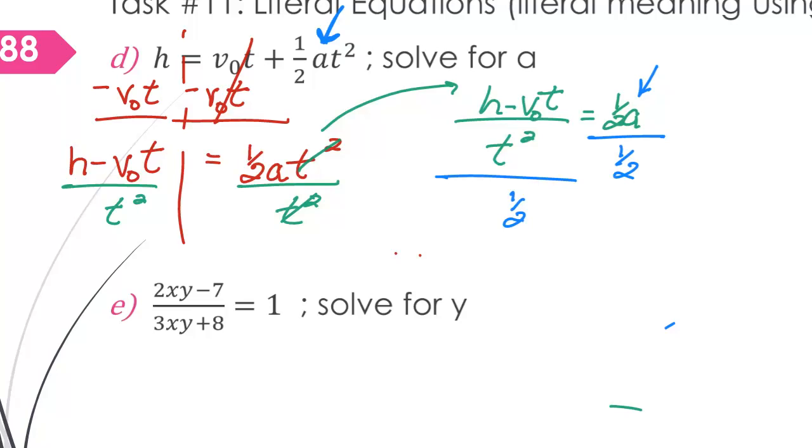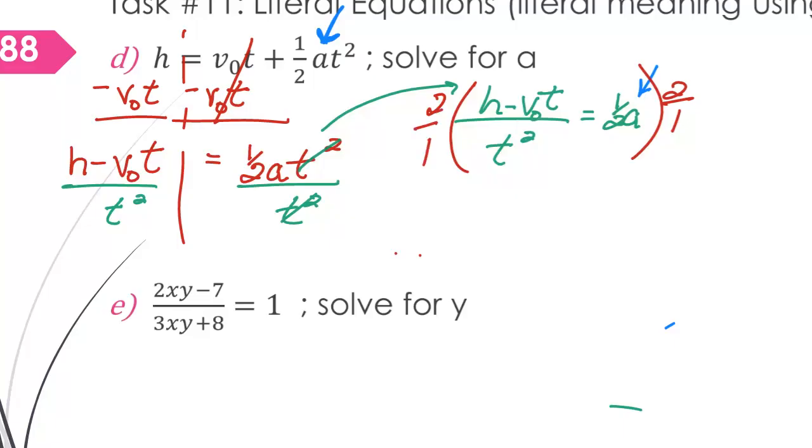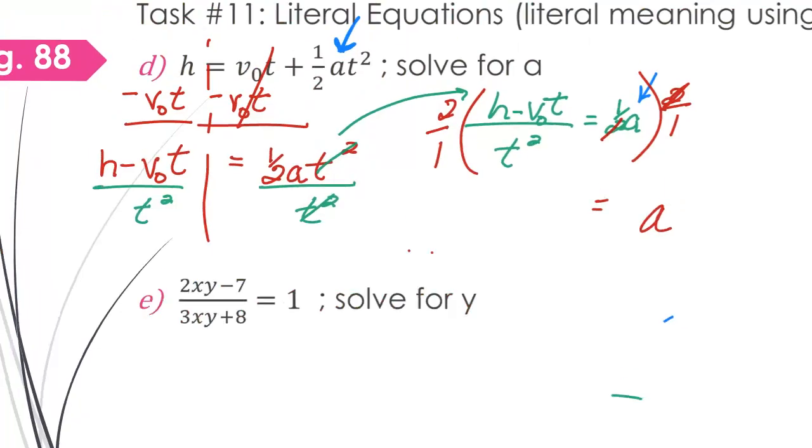No, if I want to divide by 1/2, I can't multiply by 1/2. The reciprocal, yes. So instead of dividing by 1/2, multiply by its reciprocal, which means you are flipping the top and the bottom. You multiply by 2/1, multiply by 2/1. The 2 and the 2 here are going to simplify out. I'm left with just a equals,